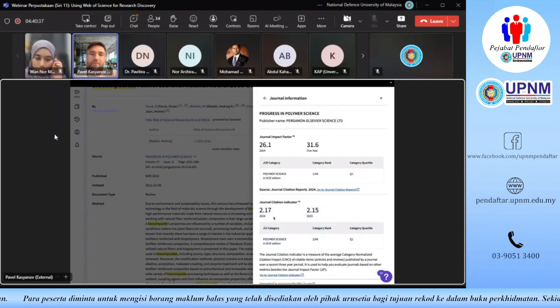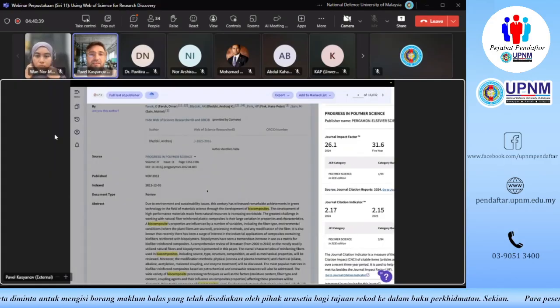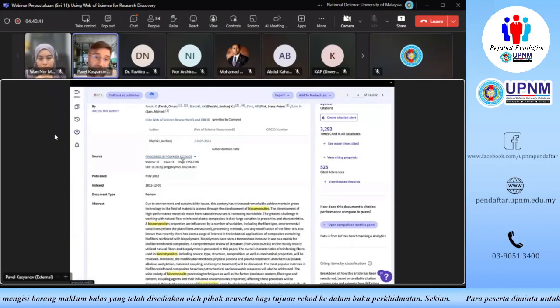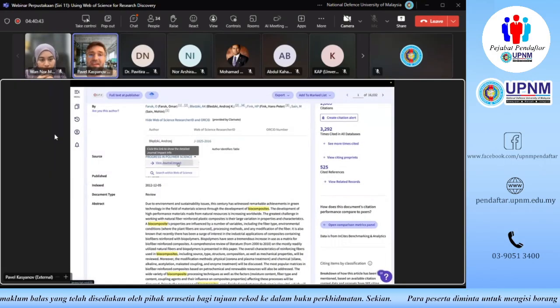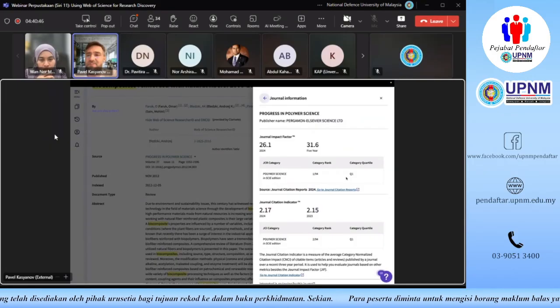Now, if you click the same, or maybe another journal in your access, you're going to see a slightly different picture just because UPNM hasn't yet subscribed to Journal Citation Reports. You're not going to see the journal impact factor or the 5-year journal impact factor. You're not going to see the category rank of this journal, but you're still going to see, and that's really important, the journal's quartile.